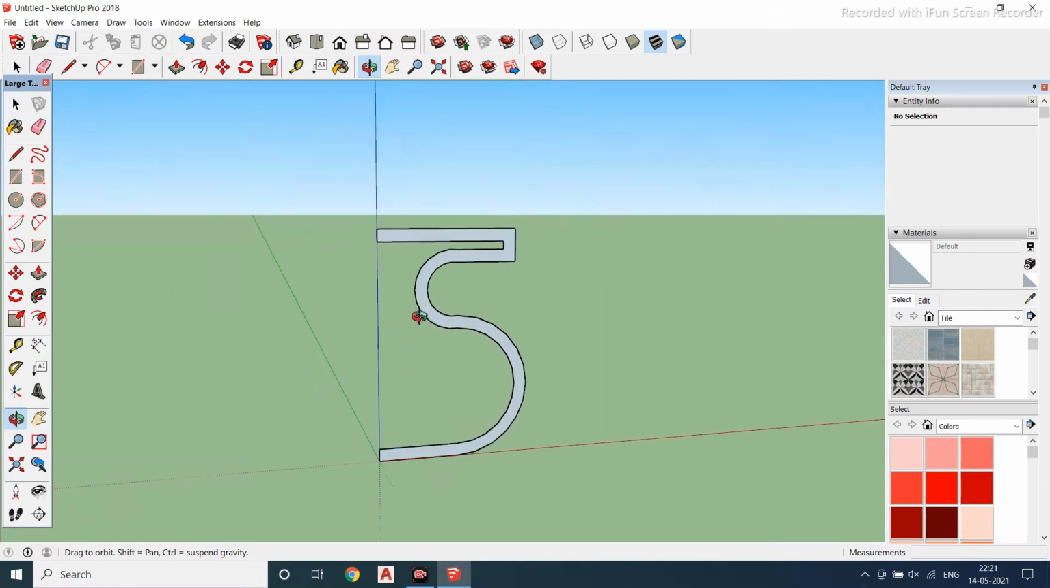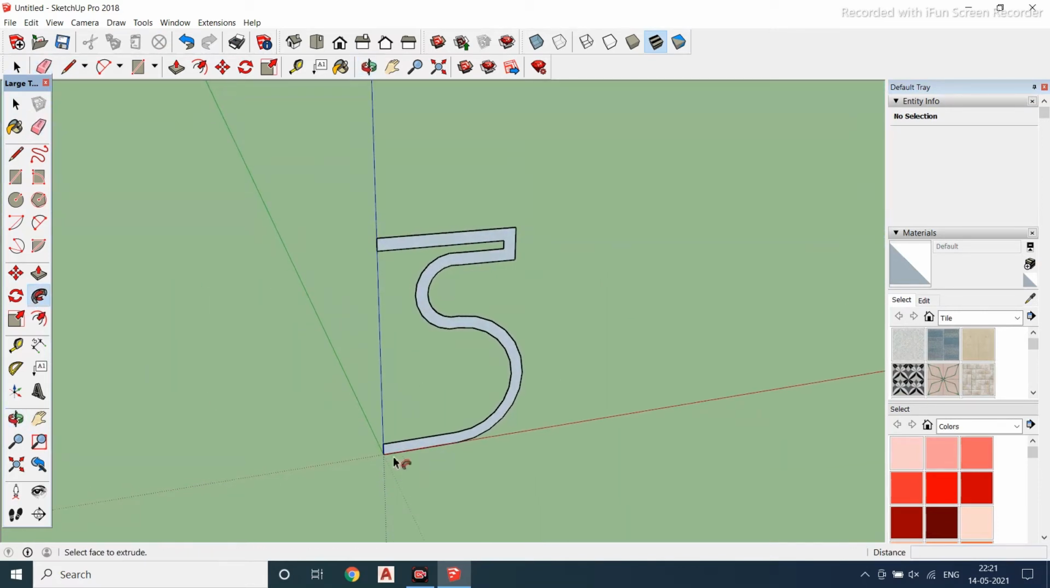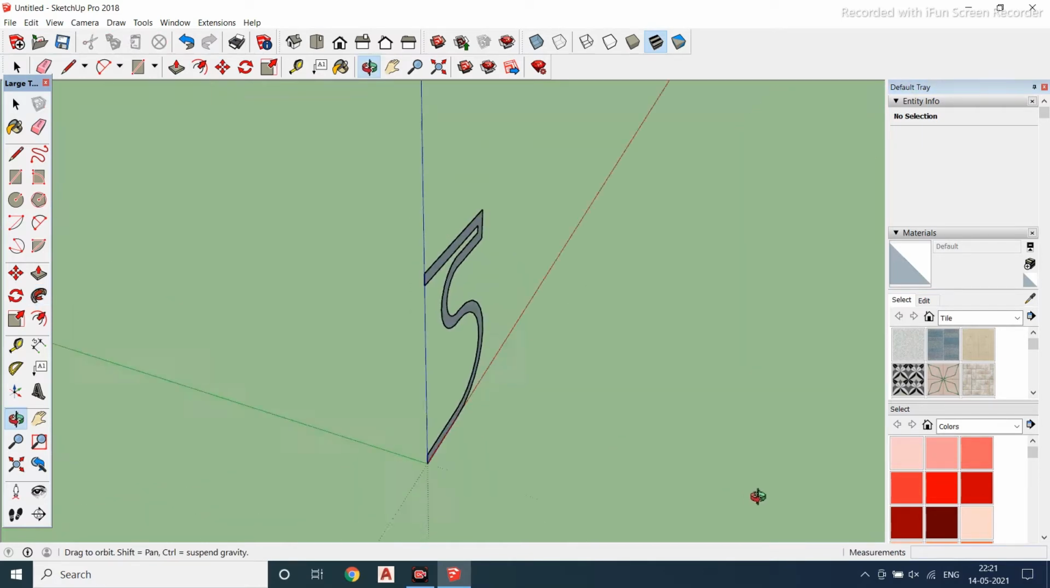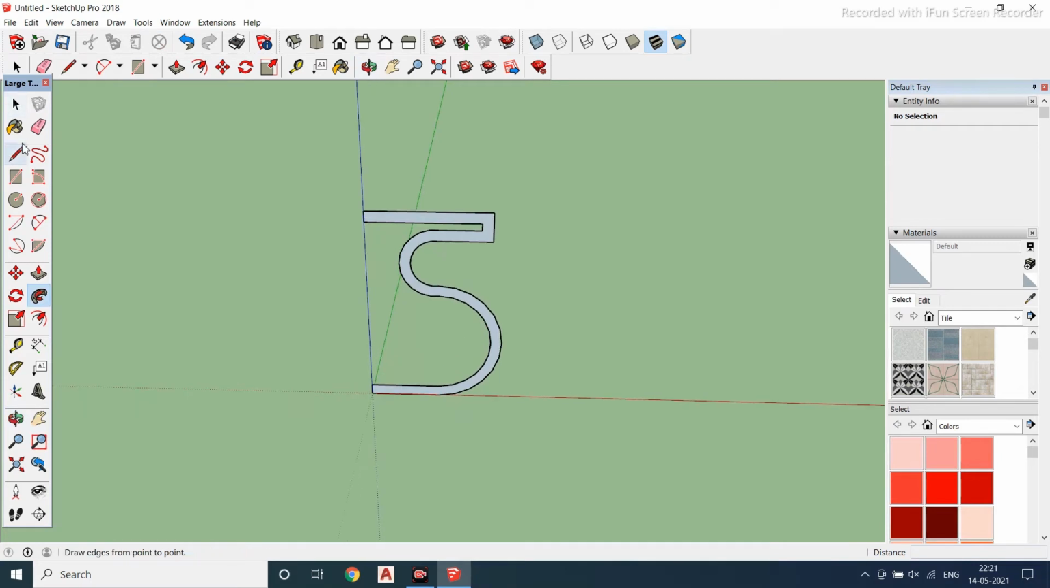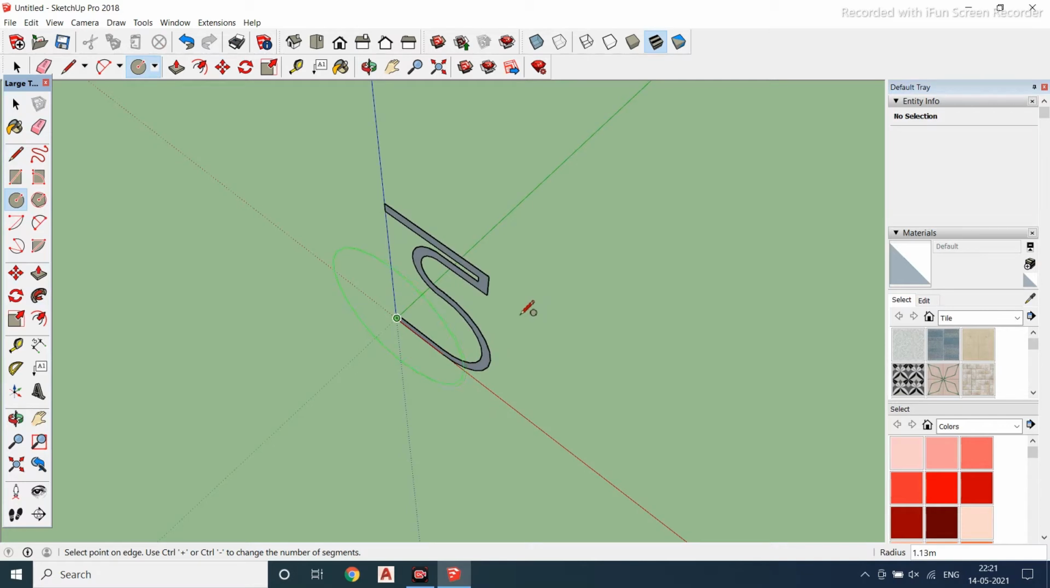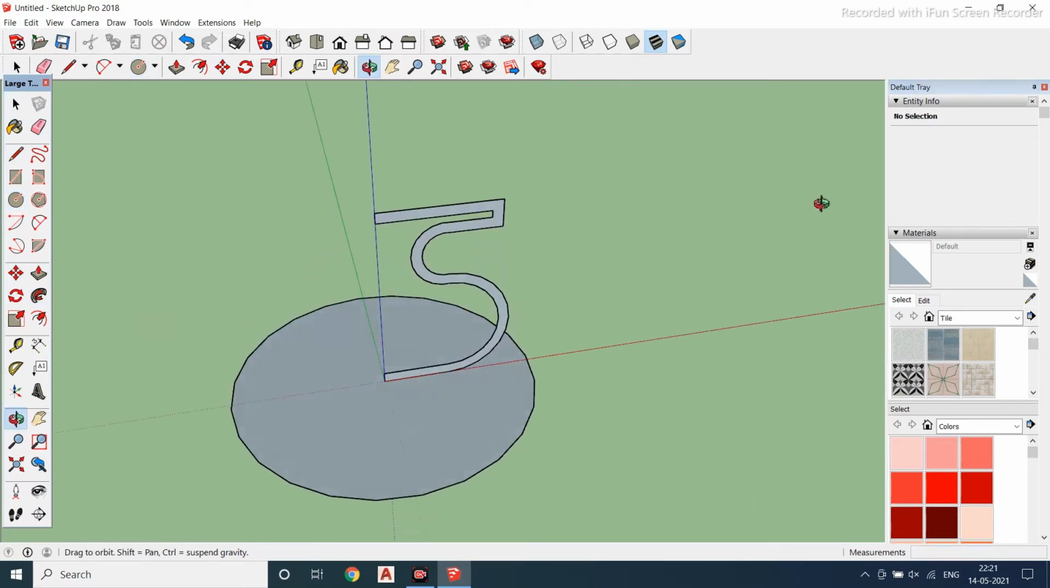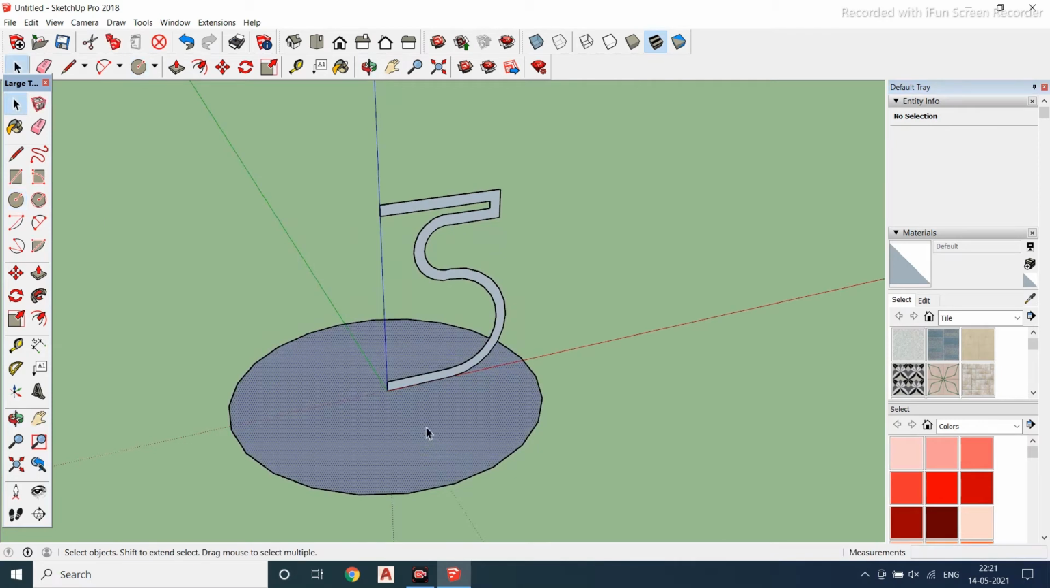Done. Now if you use the direct Follow Me tool here, you can't go with any Follow Me tool, because this is in a platform. So what I'll do is draw one circle over here. That circle I will draw in the top view. Fine. Now if I say this Follow Me tool,